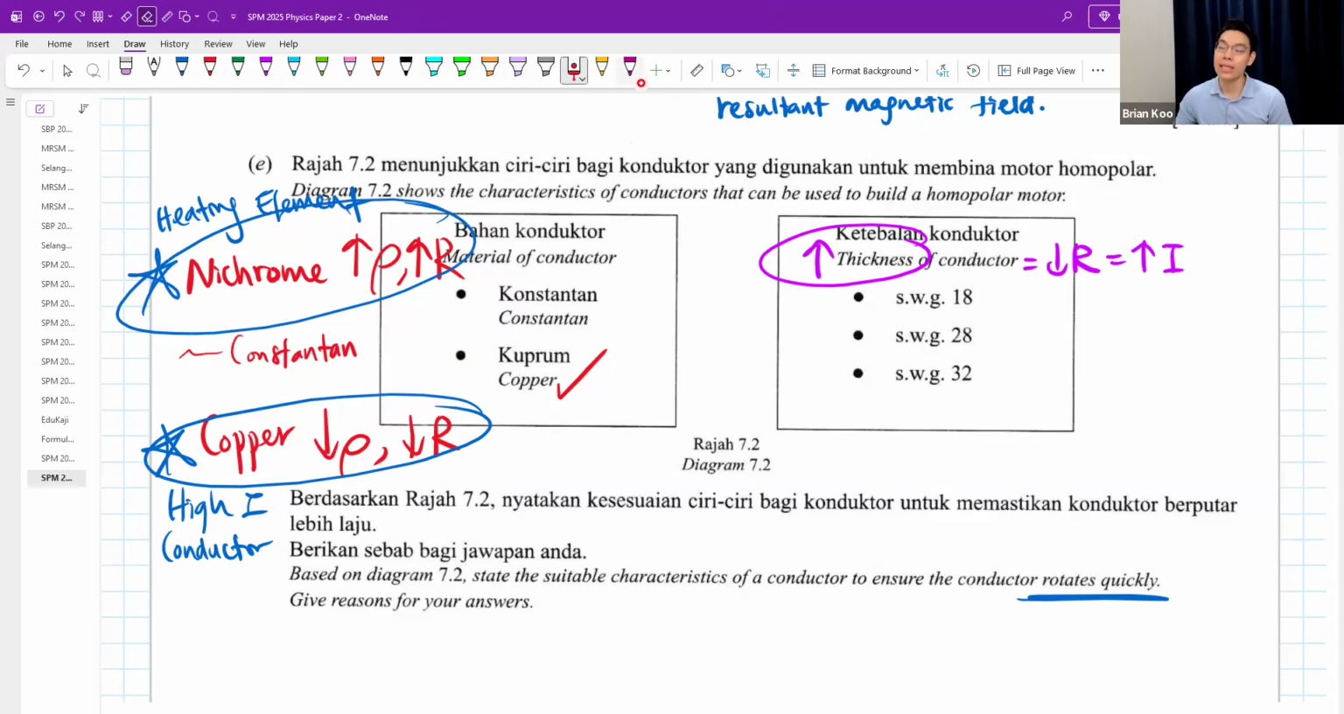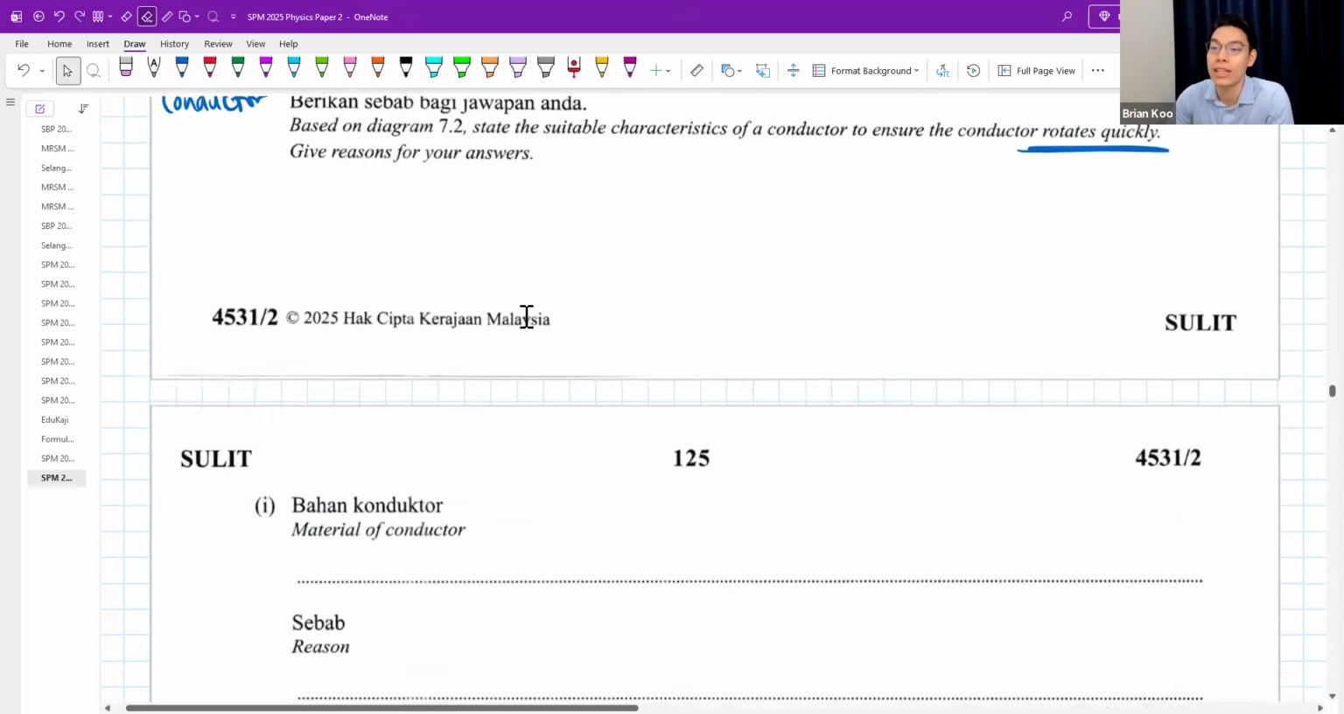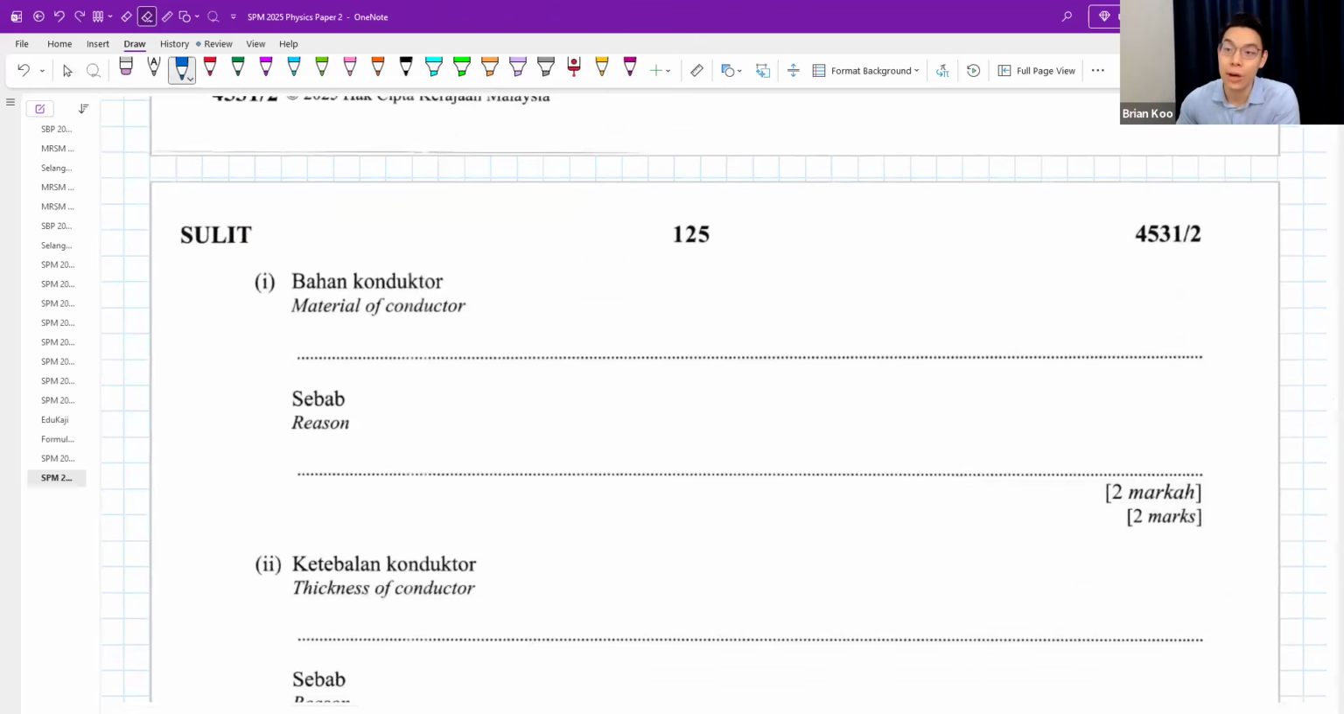A higher thickness is a lower SWG. Greater thickness is the same as lower SWG. So that is the confusing part. This one is actually the thickest. So for the material of the conductor, I will choose copper. Follow the table, copper. Reason, because copper